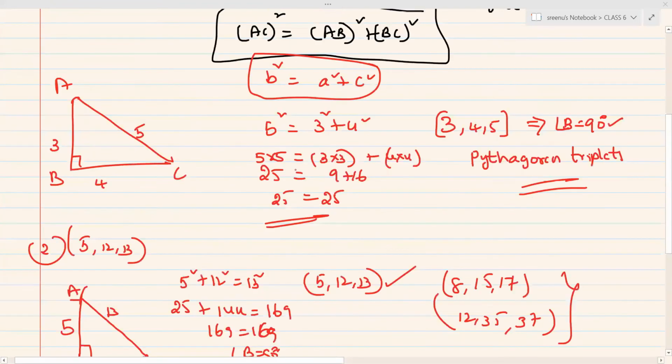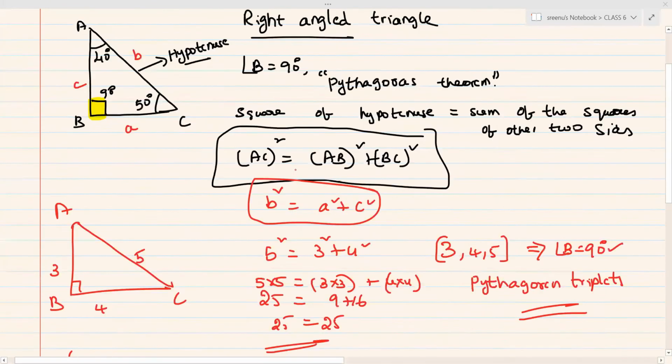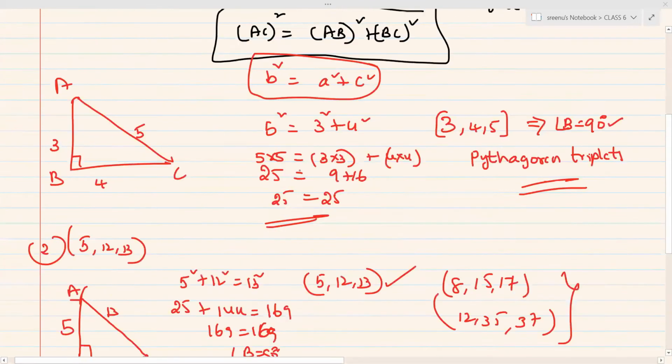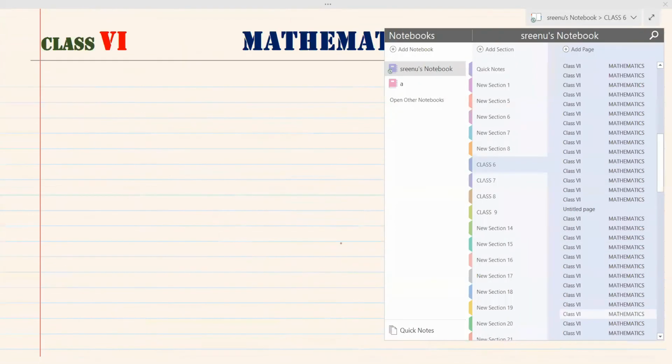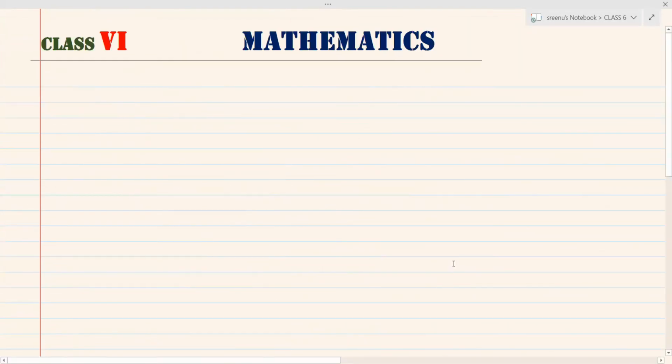Okay, now this is all about right angle triangle, and acute, obtuse, right angle. In this right angle triangle, we do have another two types of right angle triangle. What are the two types? We'll see now. Right angle triangle in the sense one angle should be 90 degrees. So in this we have two types, that is isosceles right angle triangle,